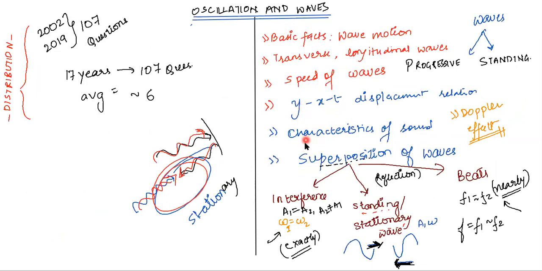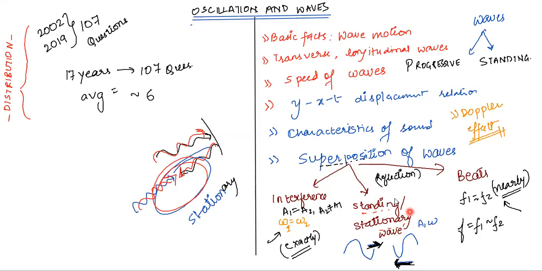Then we learn about, or we'll revise, the characteristics of sound. In this chapter, we have three different things coming up. One is called interference, the other is called standing waves, and third is called beats. When do these three things come? When two waves superimpose, or coincide. So when two waves are superimposing, interference will take place when their frequencies are exactly equal to each other, and we're talking about angular frequencies here, right? And of course, if the angular frequencies are equal, frequencies are also equal, because omega is 2 pi f, right?